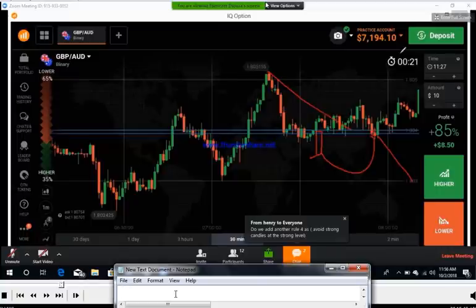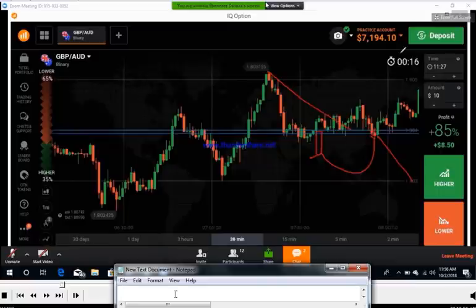The rule for avoiding strong candles at strong level. Okay, just wait. Okay, no need to follow the fourth rule, avoiding strong candles at strong level. Most of the time it will reverse even if it's strong, because that is very strong. This is a very strong level. Most of the time it will reverse, but sometimes it may break the level. You can see it reversed at the same level.